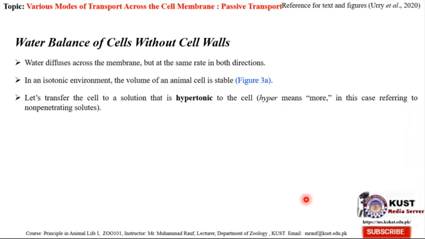Now the solute concentration inside the cell is low, so free water molecules are in higher number inside the cell as compared to outside. So what will happen? The water will leave the cell and the cell will shrink,